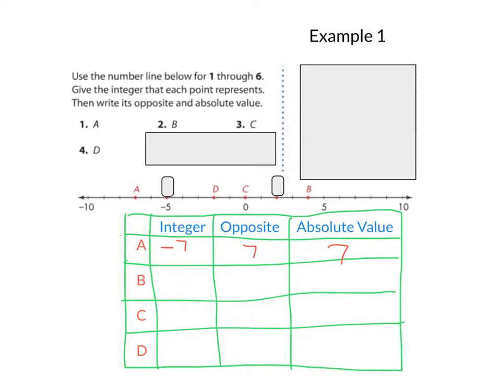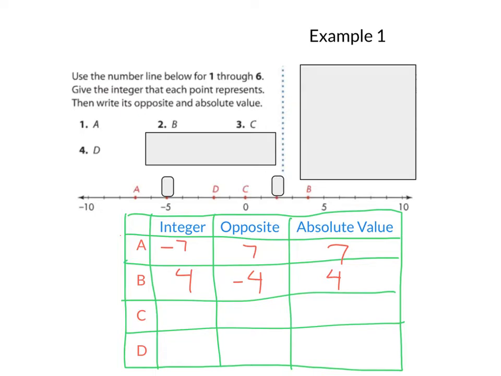B, I found it right here. 1, 2, 3, 4. The opposite, I'm adding a negative, negative 4. Absolute value of 4 is 4. And I'm filling the rest of these in. I see C